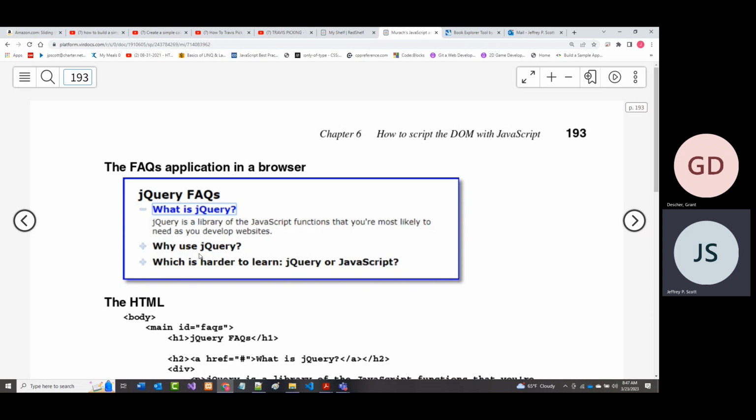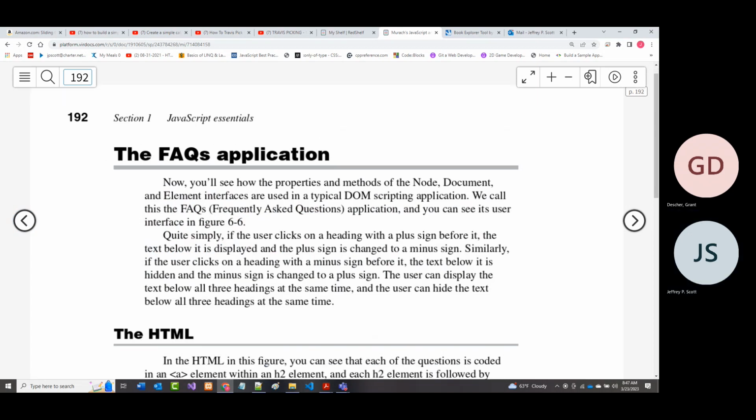Sometimes with frequently asked questions, you're able to have as many open as you want. It depends on how it has been programmed. And even whether it does or does not seem like it, this example that you see on your screen right here is almost as simple as it gets. So if we go back,